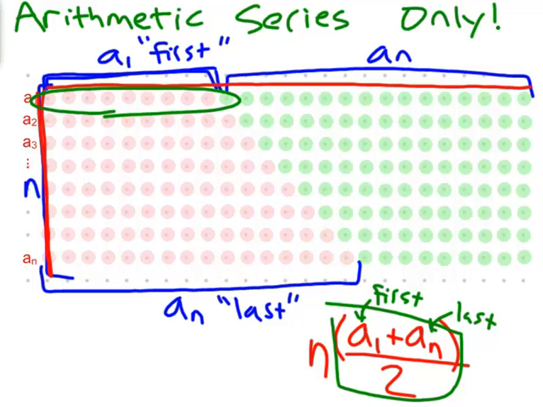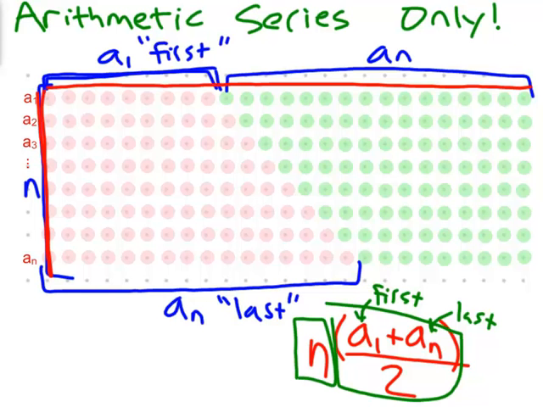Okay, and therefore, just by the definition of what an average is, if you multiply it by the total number of terms, you should get the total sum. This is one of those things that I'm going to claim. It needs to make sense to you, and if it doesn't, please pursue getting to that point where it makes